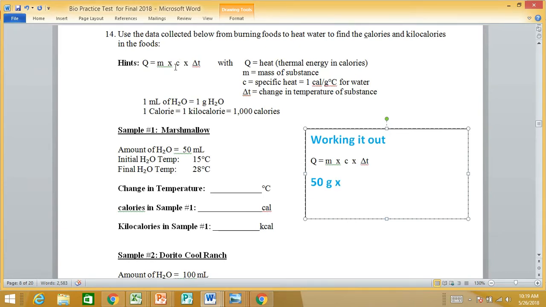Now we've got to plug in the C, which is the specific heat. And that's just a formula we're plugging in. So it's this. So we're going to copy that and plug that into our formula. So it's 1 calorie over a gram per degree Celsius times